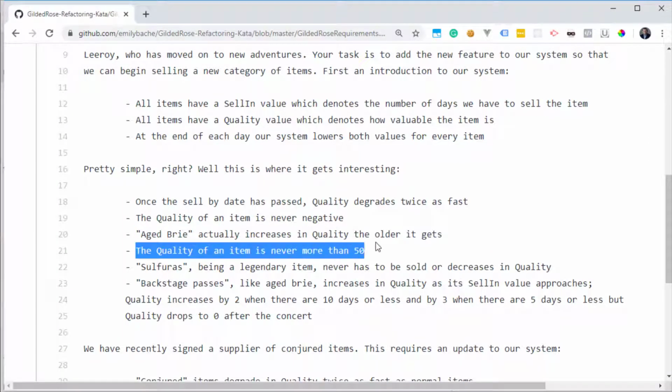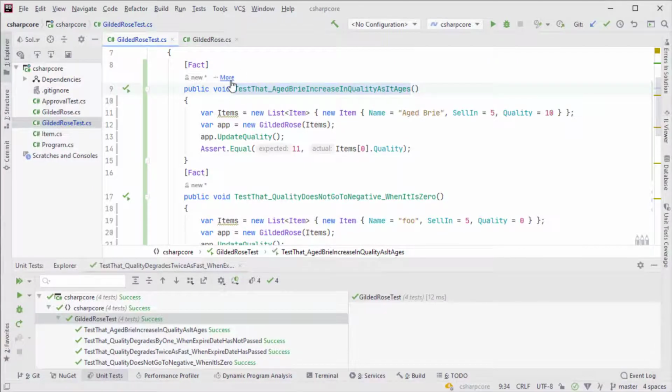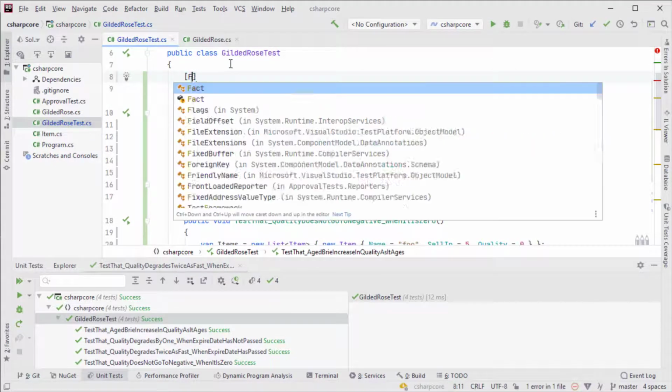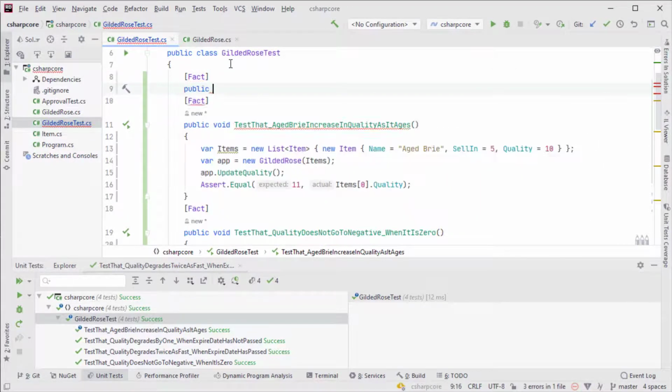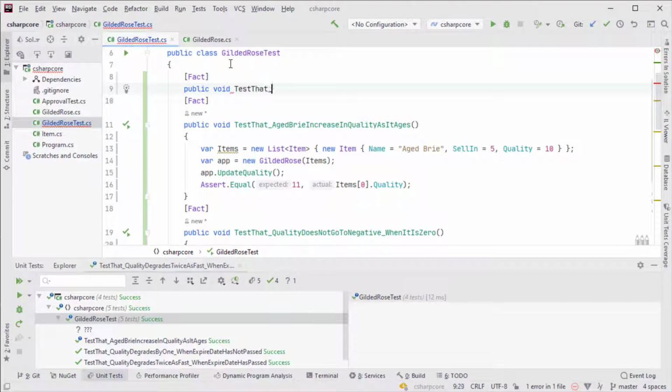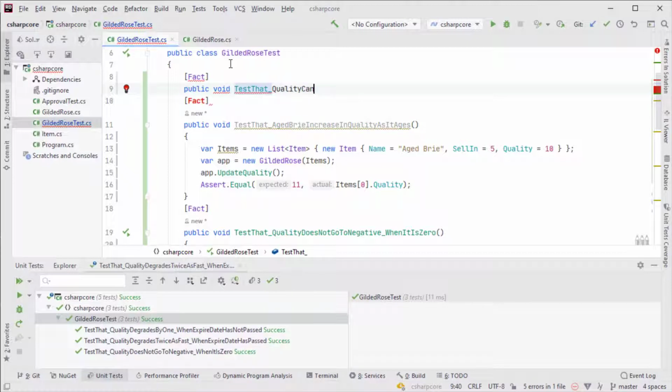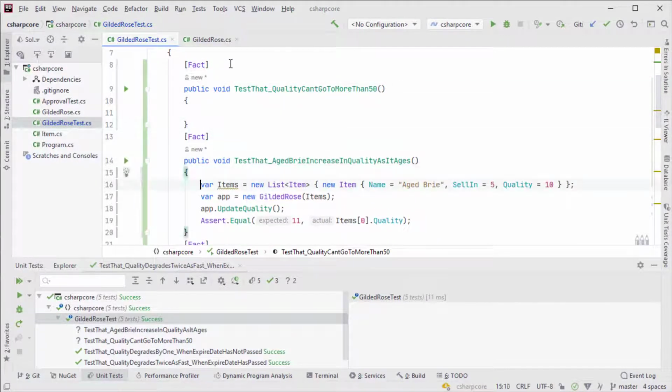We also have a requirement stating that the quality of an item is never more than 50. So let's try to write a test for that as well. Again, we're going to copy the setup.